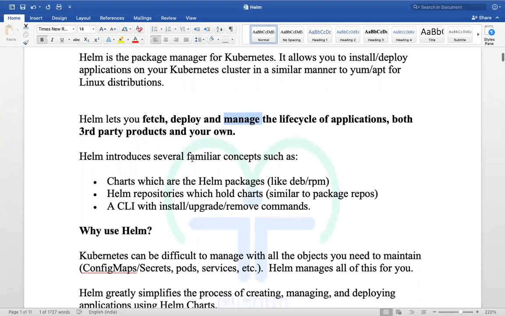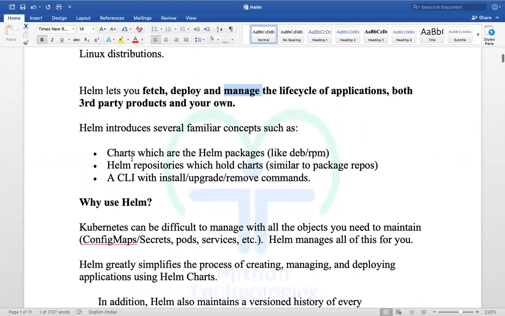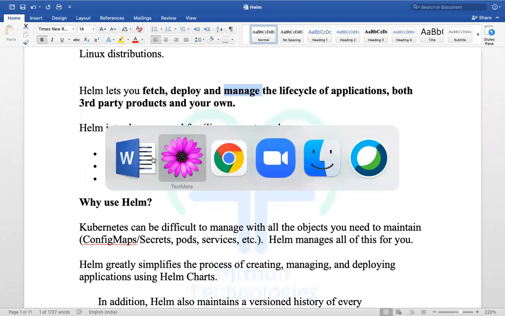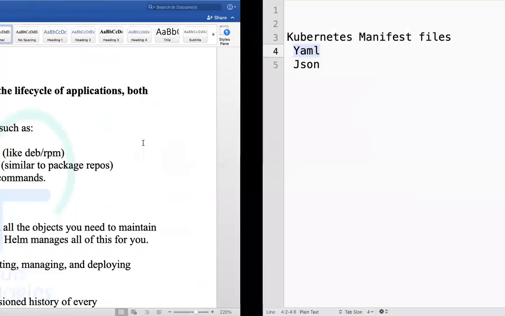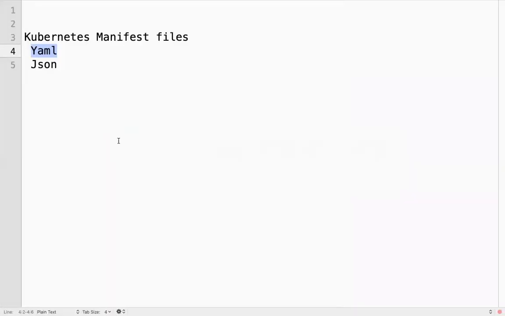So in Helm, we have several concepts. At a high level, we have these things: Helm chart, Helm repository, Helm CLI. A Helm chart is a package.